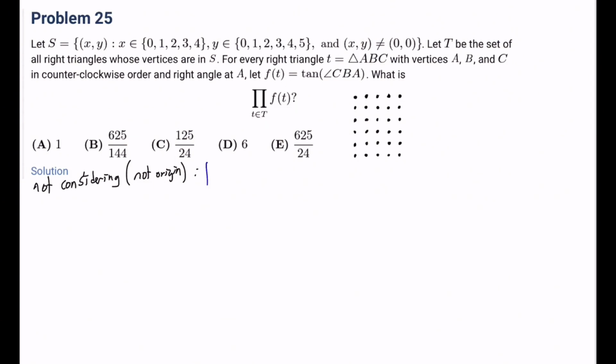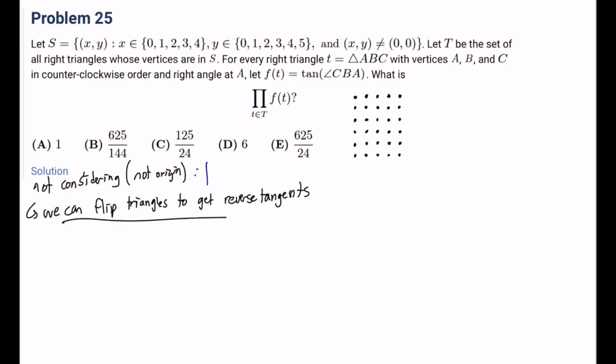It's going to be 1 because we can flip the triangles to get the reverse tangents. And the flipping line, that will be this line, right? What I basically mean by this is, if we just have any right triangle like that, and we flip it over this line, looking like this, then the tangent of CBA for this green triangle and the tangent for this orange triangle are going to cancel each other